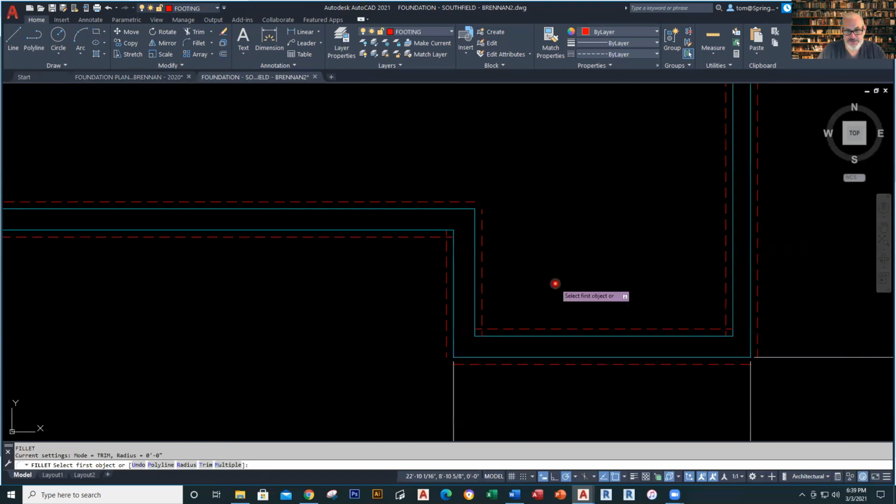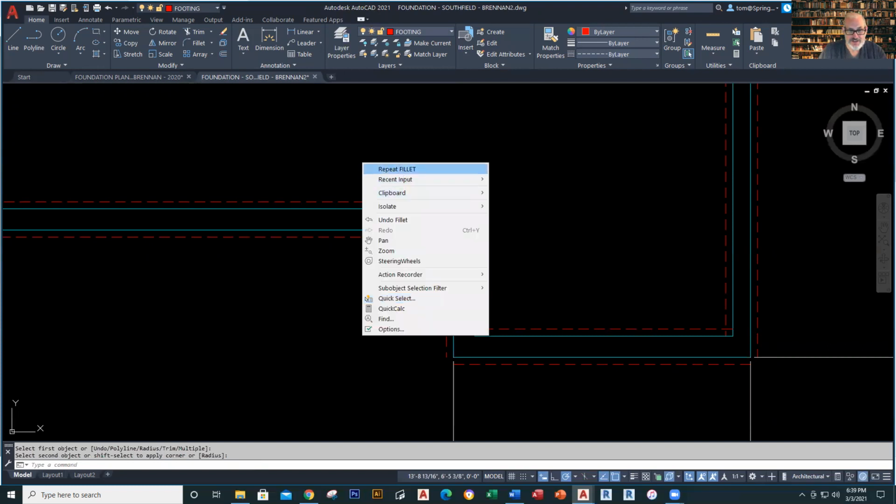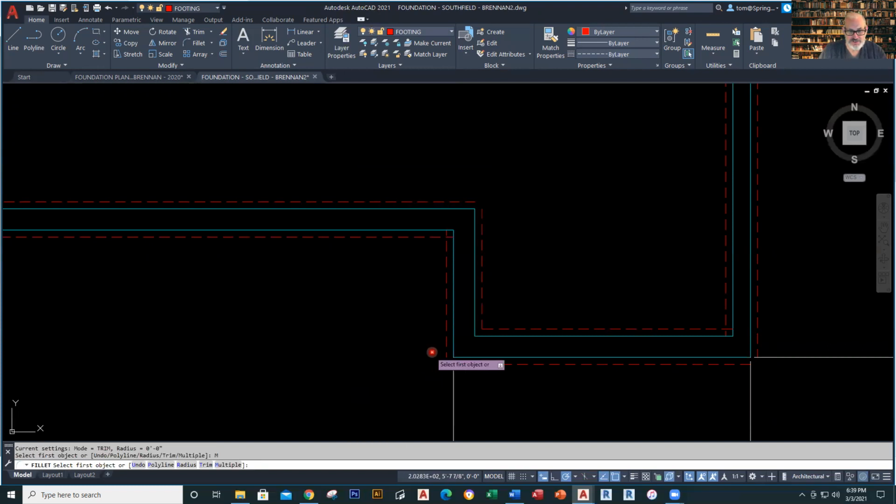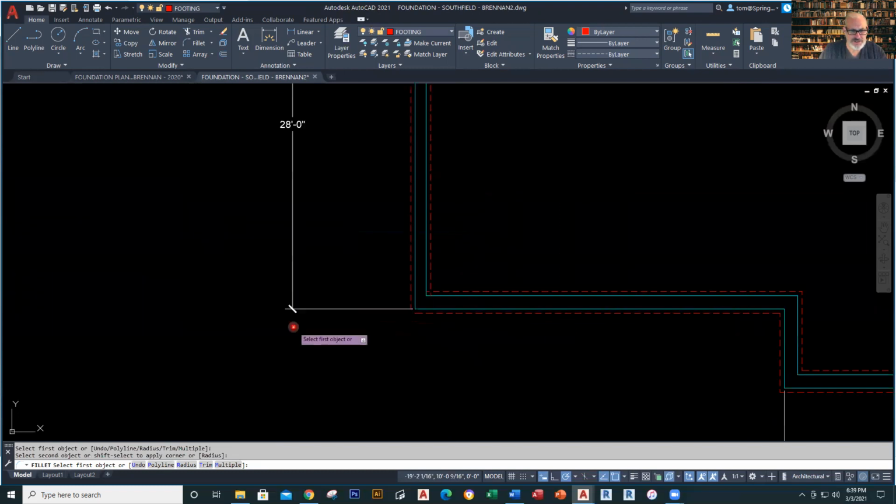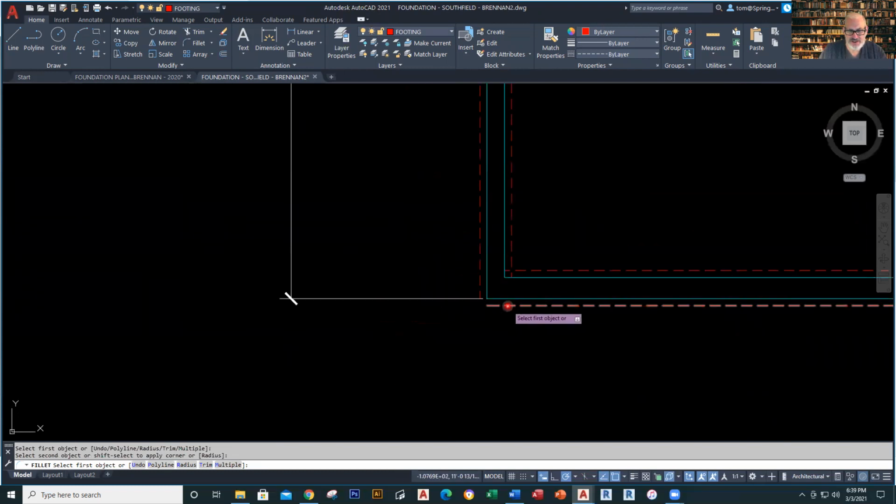Okay, and then we know about the fillet command. Okay, fillet command, boom, boom. And then we go ahead and use fillet again, and right click and use multiple, just to clean it up nicely. And we go from here to here, and we go from here to here, and all the way around, okay? Like that. So we have that going on, and this is how we just